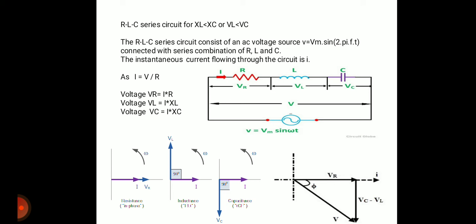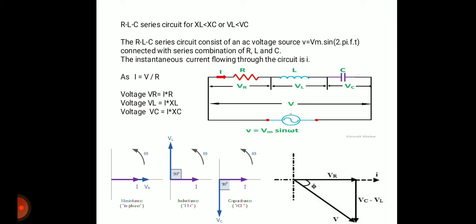Let us understand the first phasor diagram, which is for the resistor, that is, the current I flowing through the resistor and the voltage across the resistor, VR. You can see in the phasor diagram that both phasors, I and VR, are drawn on the reference axis. Why? Because there is a 0 degree phase shift between the voltage across the resistor and the current flowing through it. That's why both phasors are drawn on the reference axis.